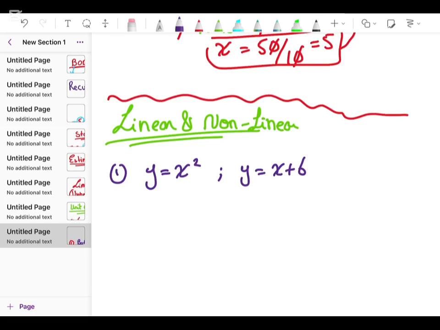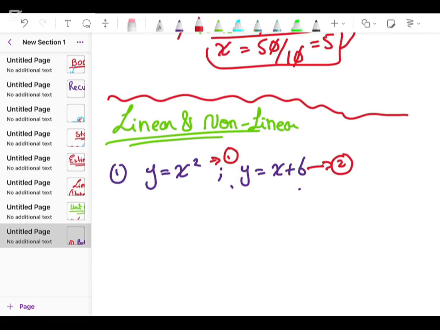We cannot apply the linear method directly in this part, because you can see that this is a linear equation and this is non-linear, so it is difficult to cut down the value and solve this question. We can do that, but the easier way is to use the substitution method in these types of questions. So for example, this is equation number 1, and this is equation number 2.